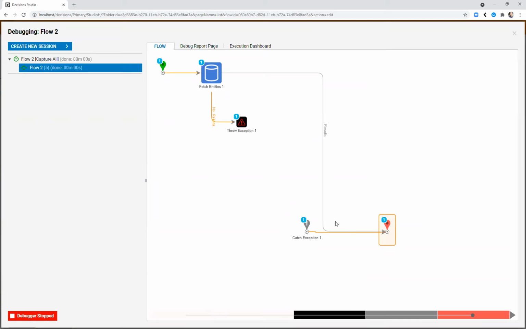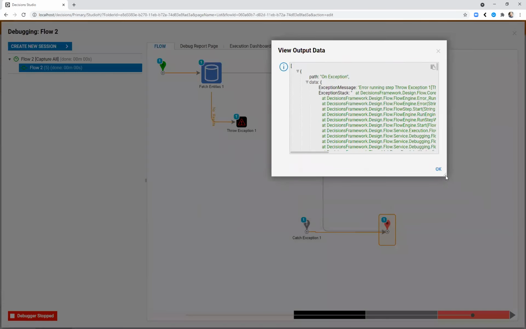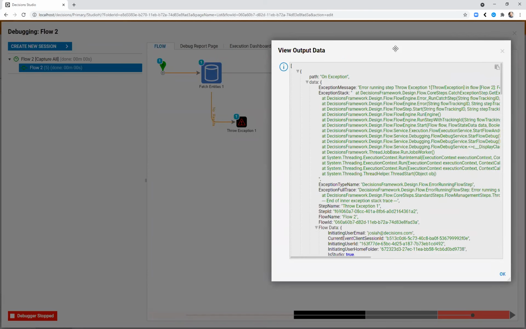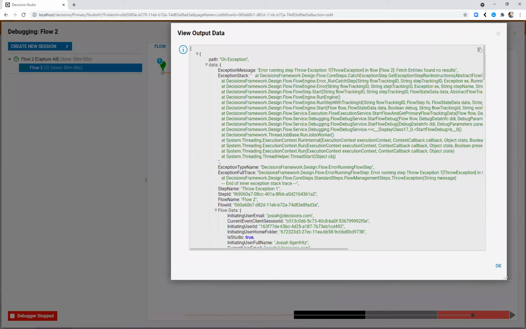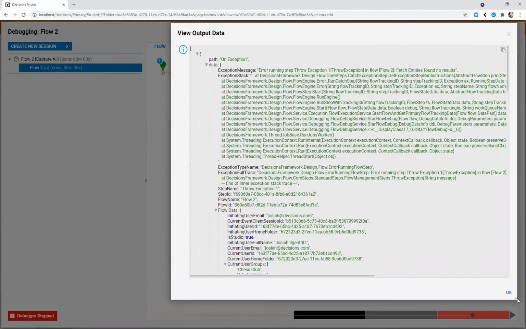Now, one thing to note if you want to use the throw exception step is how it actually looks at the results that come back from the step. If I look at the data that's being put out by my catch exception around what happened in the flow, typically this is going to tell me things like, where did the error occur? What step had an issue? What was wrong? All of that is still true. However, because I'm using that throw exception step, the thing that went wrong is that the throw exception threw an exception. And the error message here